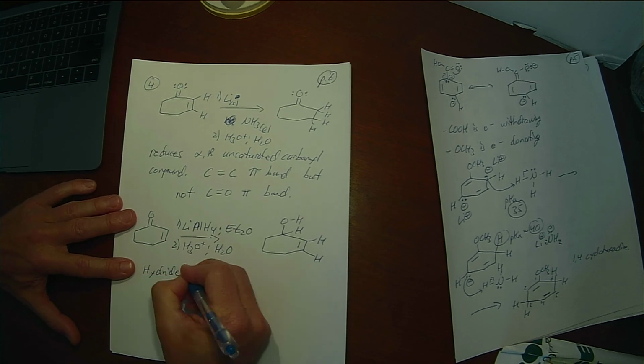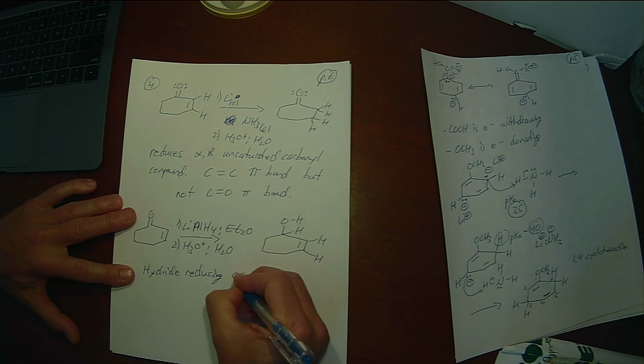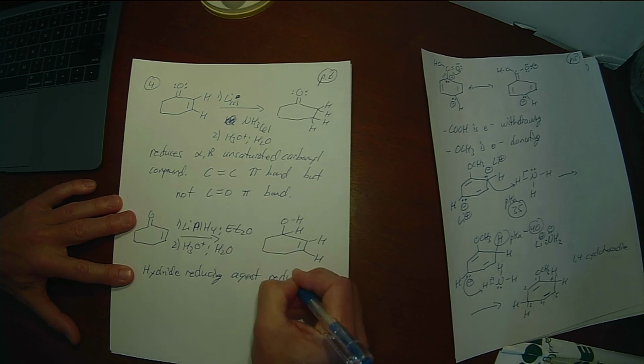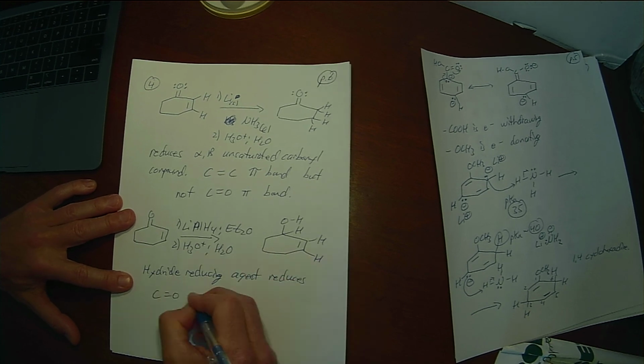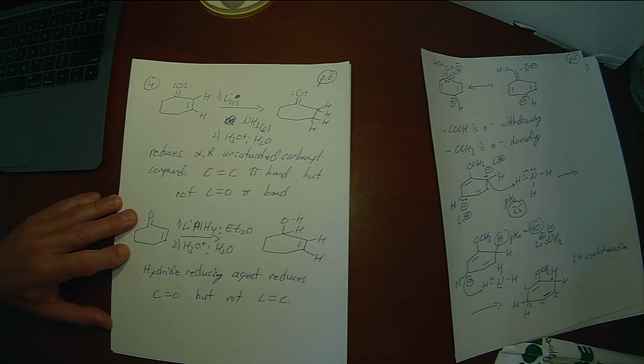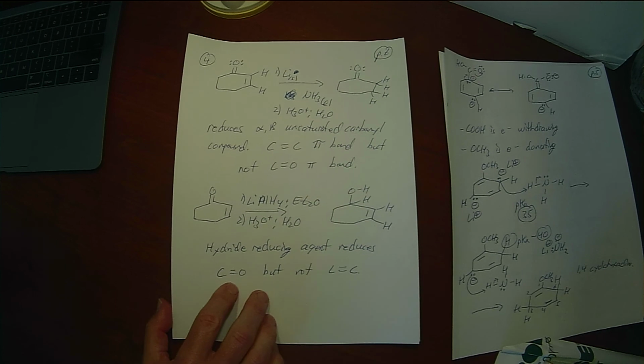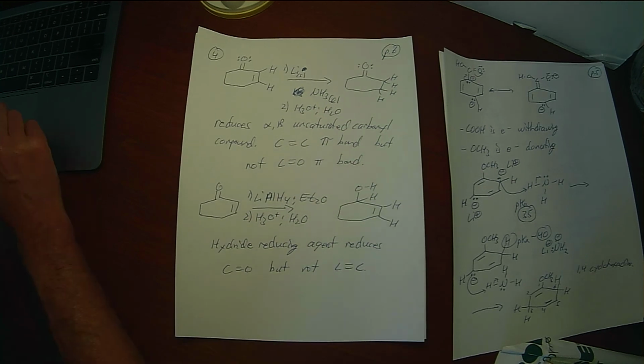So hydride reducing agent has the opposite effect. So those are 4 different reactions, 2 of which are more relevant to the second semester than they are to the first semester, but very similar